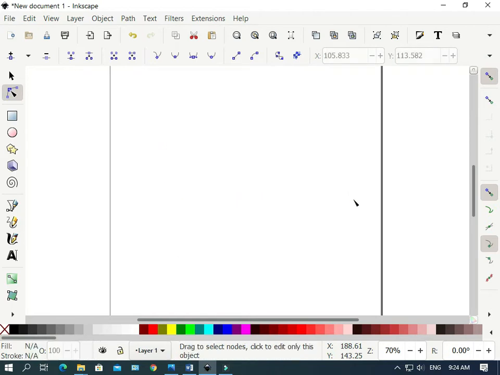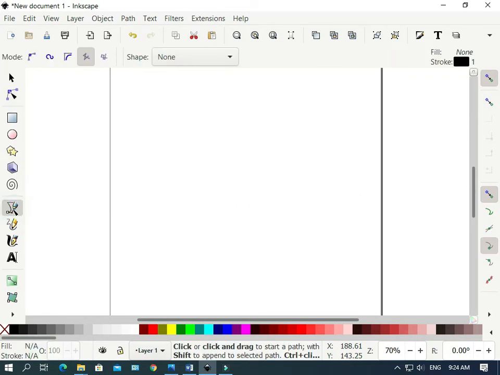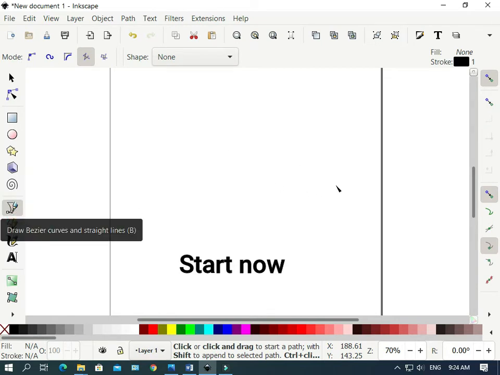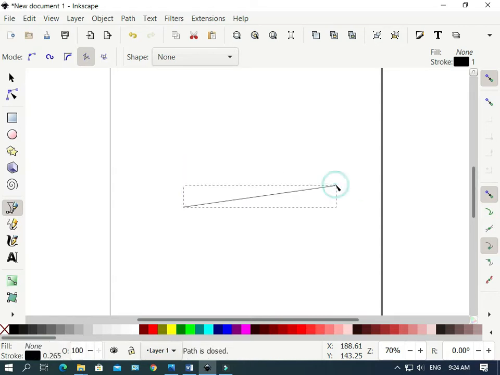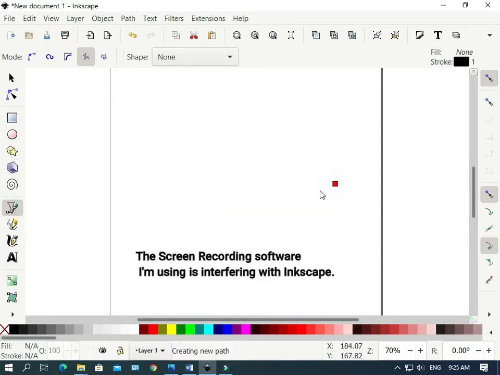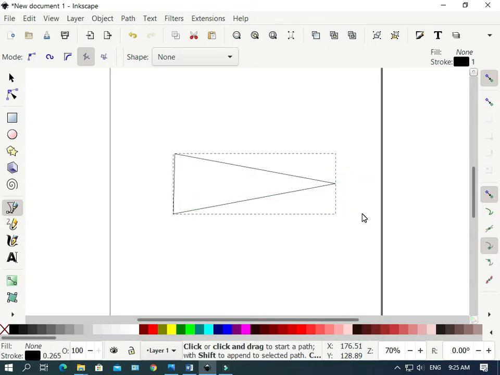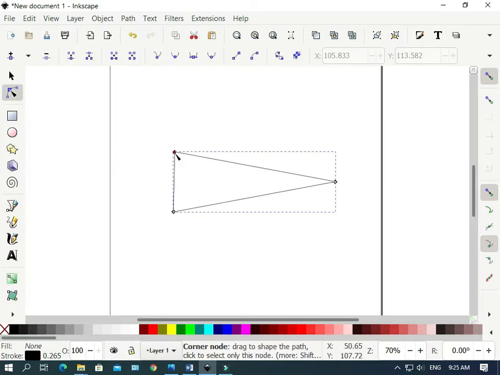We'll delete that and grab this tool here, which is the Bezier tool, and just make yourself a triangle. So click, click, click, and back to here. It does that sometimes. So click, click, click, and back to there. Okay, so that's given us a triangle, and that's all that we need to start with. Now we'll go back to our nodes tool by pushing N on the keyboard,